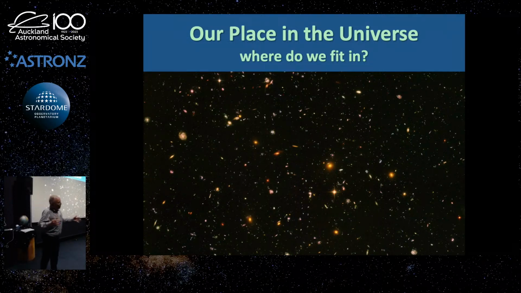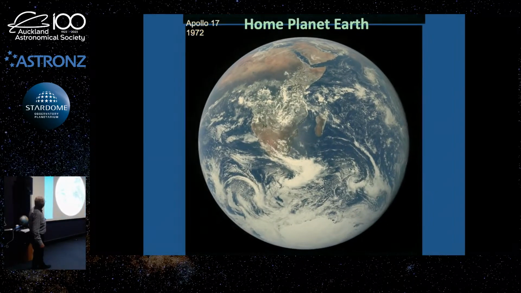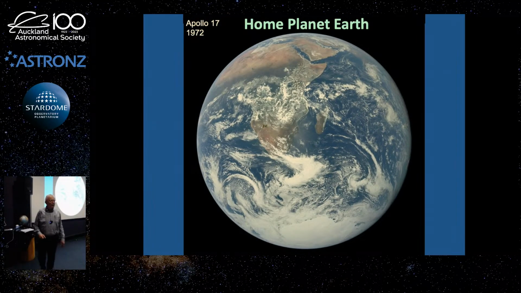Tonight we're going to go on a visual tour or journey through the universe, starting off with our little rocky planet that we're familiar with, Earth. We'll move out through the solar system, the Milky Way galaxy, the local group, and then out into the Virgo supercluster, into the wider universe. So let's get underway. We'll start with our familiar home planet Earth.